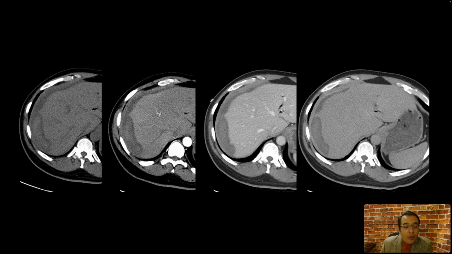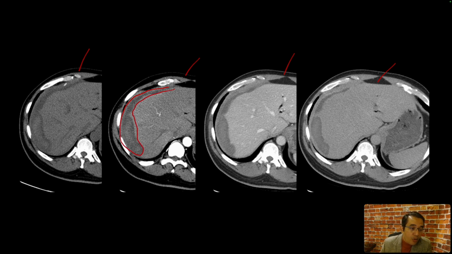This next patient underwent a multi-phase CT of the liver, and we do these studies in a non-contrast enhanced phase. We do an acquisition in the arterial phase, portal venous phase, and the delayed phase. In the subcapsular aspect of the liver, there is a heterogeneous collection,